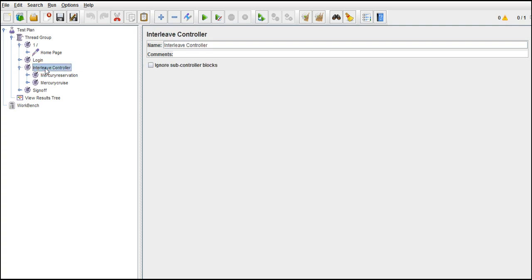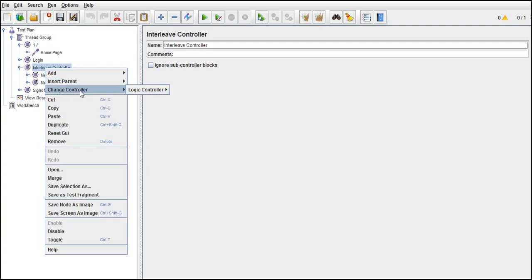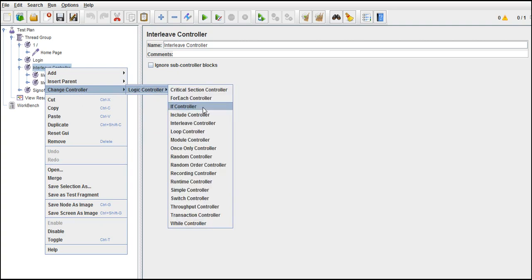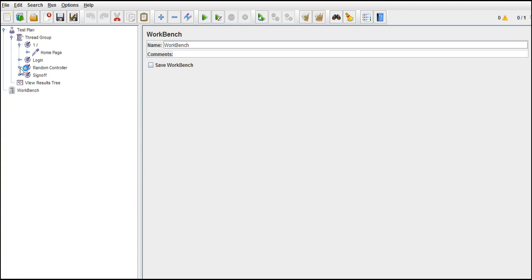So that's it about interleave, which executes alternatively. The next controller we have to discuss here is the random controller, or random order, just this basic difference. The random controller executes randomly. Interleave executes alternatively: first time 1, second time 2, third time 3. But random can pick anything. It can pick the first one 4 times and the second one 2, 3 times, thereafter the first immediately. The name itself says it's random, so we cannot predict what it picks for us.